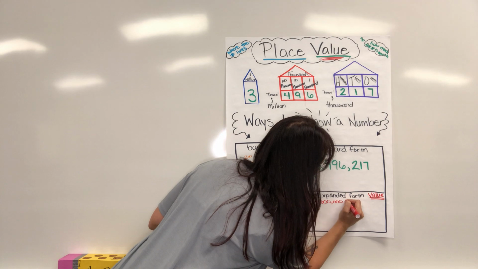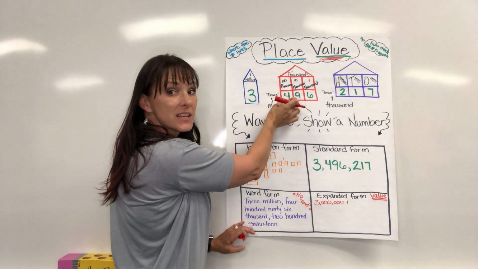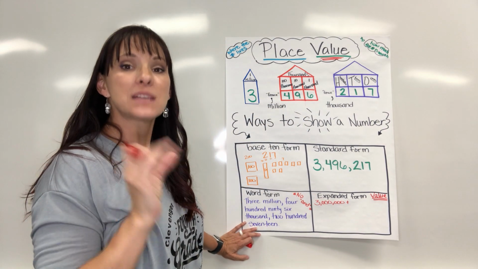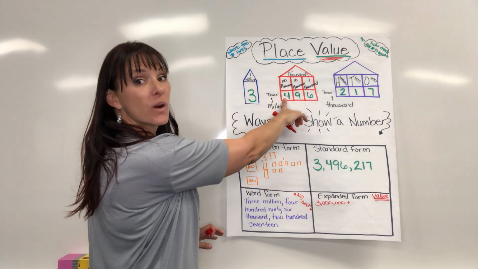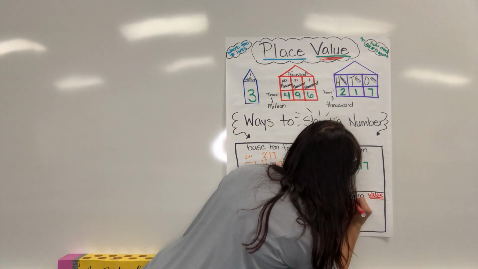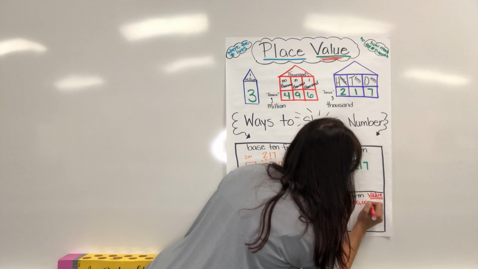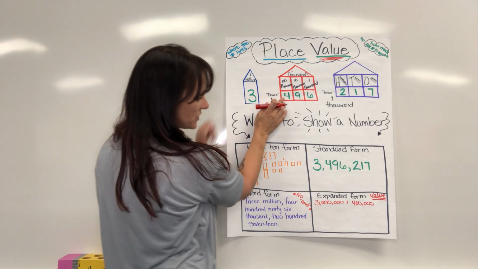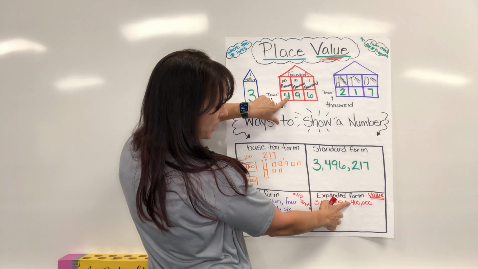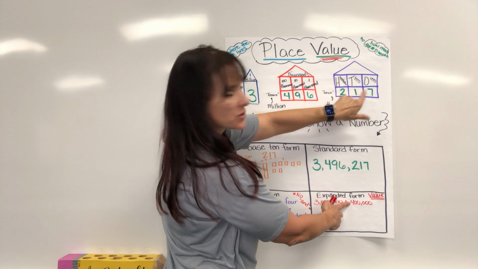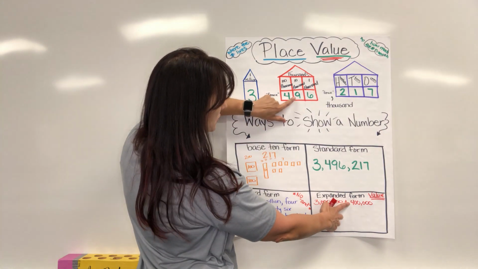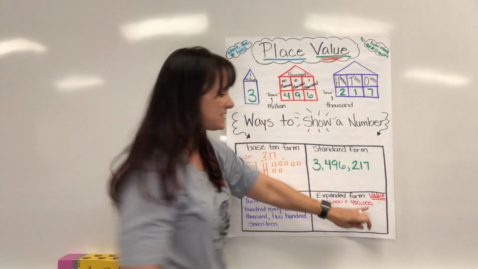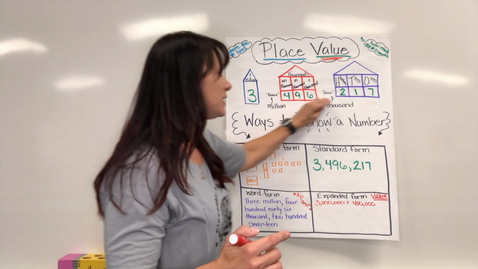plus, and I'm going to take each one of these separately. So I'm not going to put 496,000 together. I'm going to separate it. I'm going to write 400,000. And you can always tell how many zeros it's going to be based on its place. So notice I started with my 4. And I made all the rest of the rooms of the house 0. So 0, 0, 0, 0, 0. So these zeros are holding the place